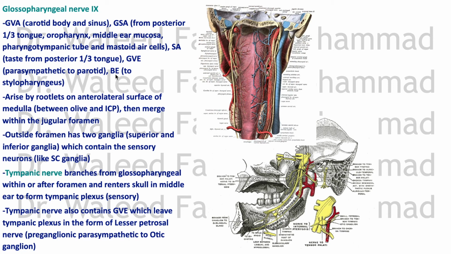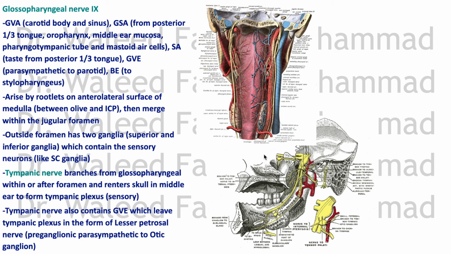So it's muscle derived from the third pharyngeal arch, which takes from the ninth cranial nerve. Okay. Also, do not forget its tympanic branch, with the strange story that after the nerve emerges from the